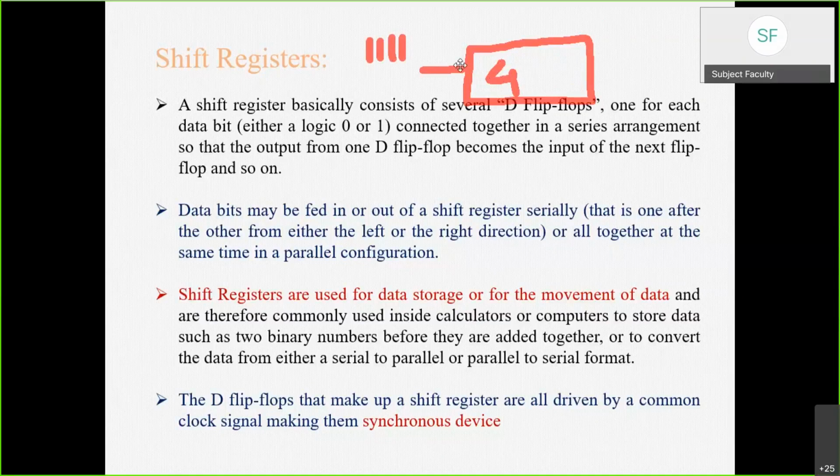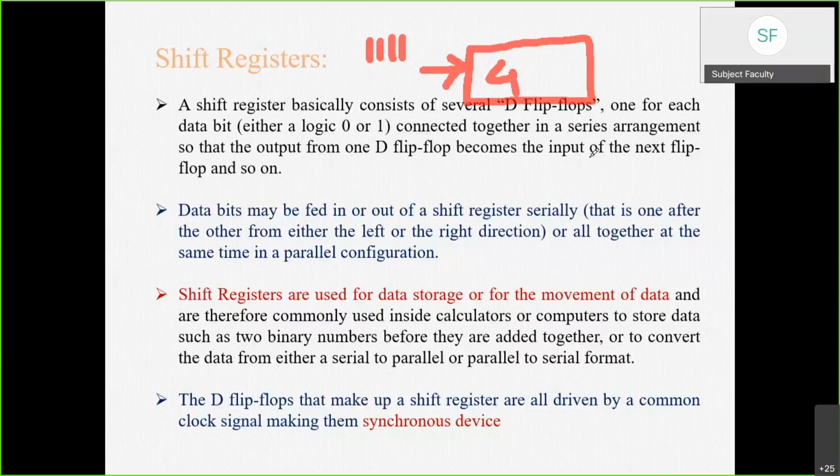Okay. So you have to give input to this block, this square or this shift register. You can give it serially, that is, one by one you can feed your input. First bit will be 1, then second bit you will send, then third, and then fourth. So this particular arrangement or configuration is called serial configuration. You are sending your bits one by one, so it will be called serial configuration. Okay.